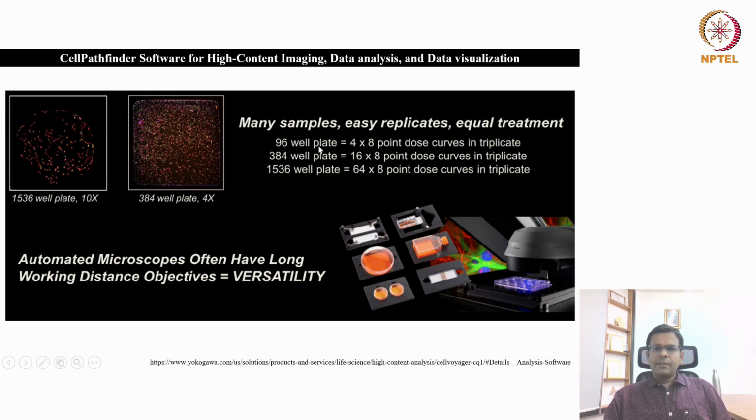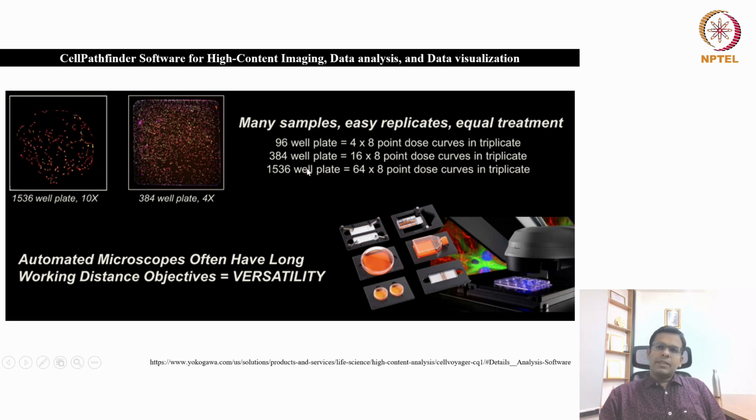If you go for the 96 well plate, you can go for 4 into 8 point dose curves in triplicate. If you have 64 into 8 point dose curves, then you should go for the 1536 well plate experiment.